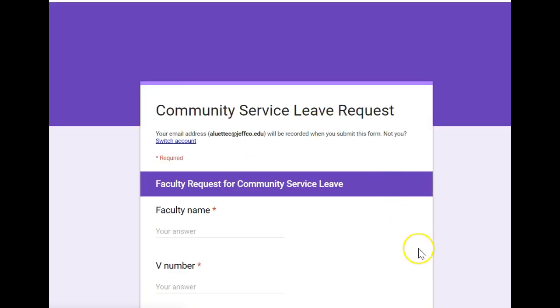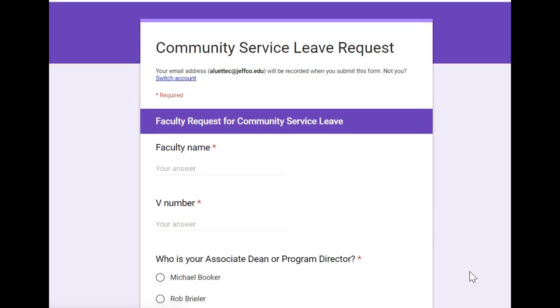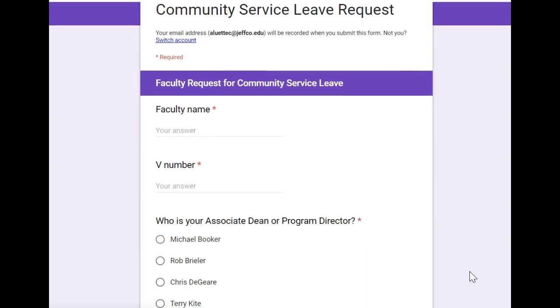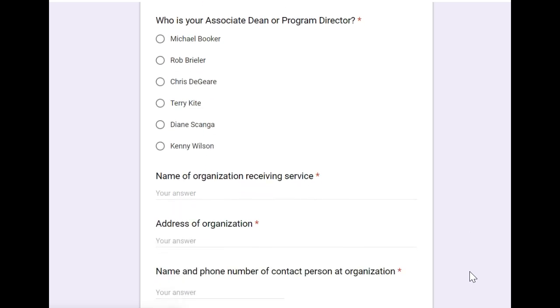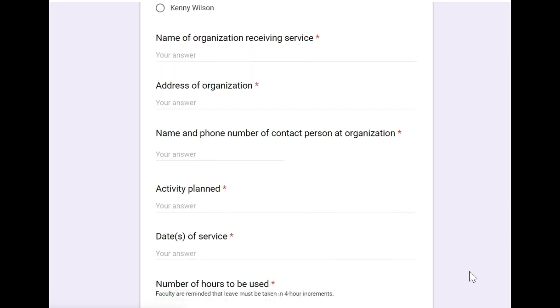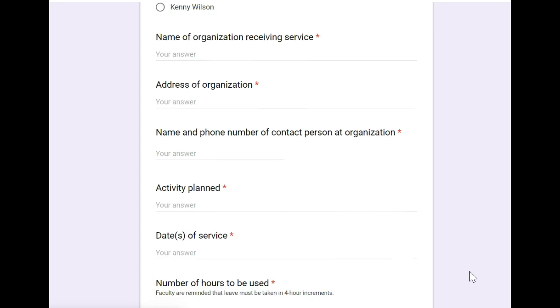So once they've selected that, they are then in the section that is devoted strictly to faculty. They'll have to give pretty standard information: name, V number, and identify their associate dean or program director. I'm assuming that associate dean is the parlance for the new roles, but again, that can be edited. They'll then identify the organization they're going to be using the service hours for: the name, the address, and a